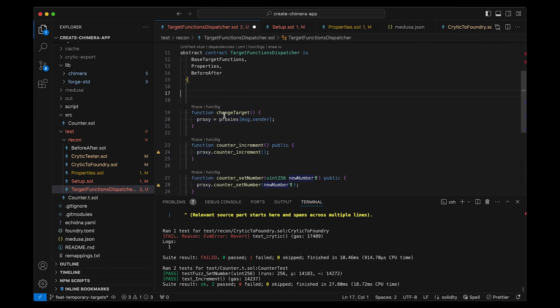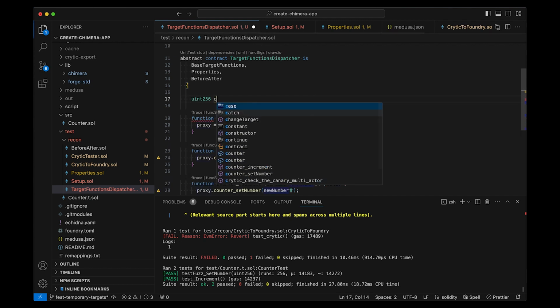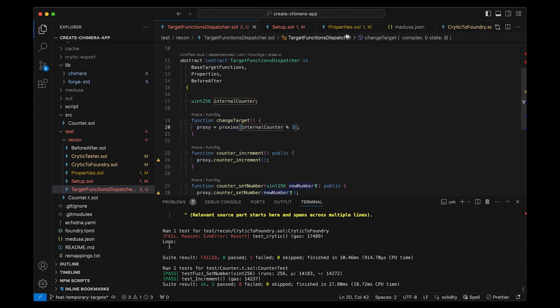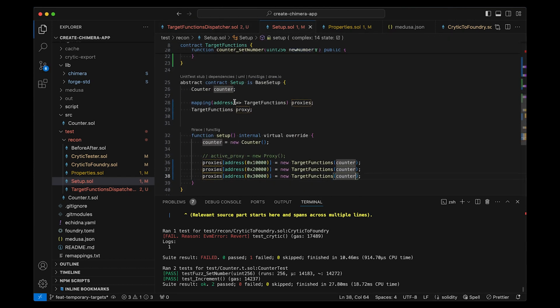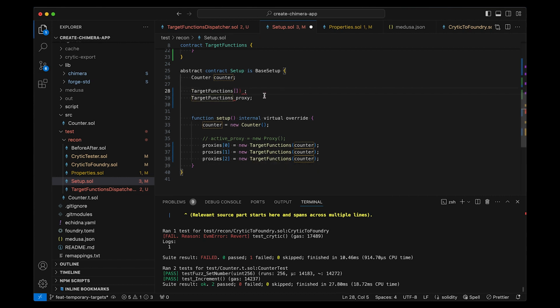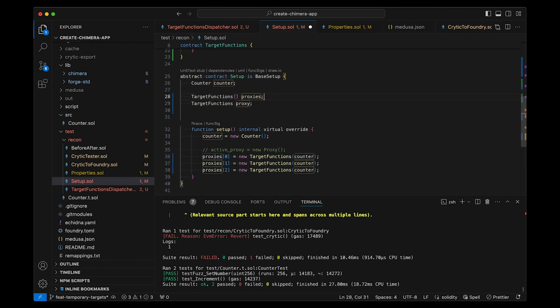So maybe we'll use a uint256 internal counter, and then we will basically just do modulo three, and then we will set this up from a mapping of addresses to a mapping of uint256, and so this will be on 0, this will be on 1. Since I'm doing this, this is basically an array, it's no longer a mapping, so I may as well just change it to be a target function array of proxies. And that way I can just go here, I can do proxies.push,